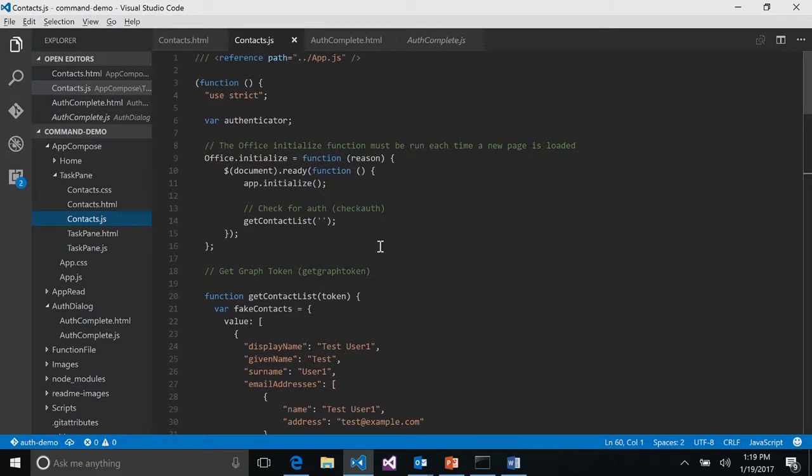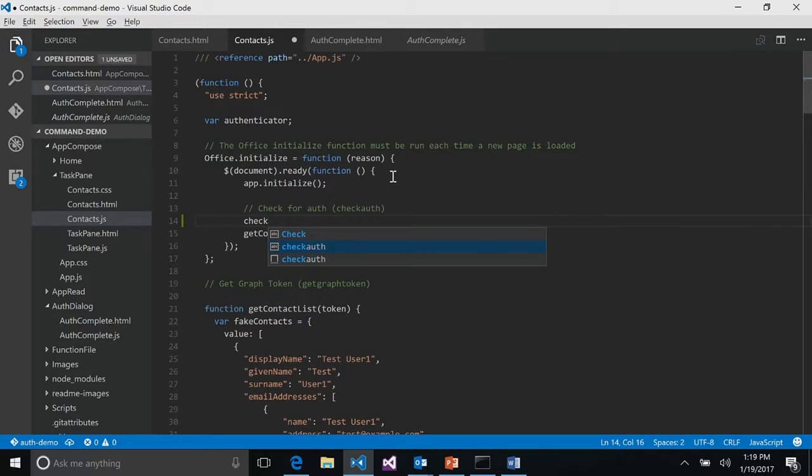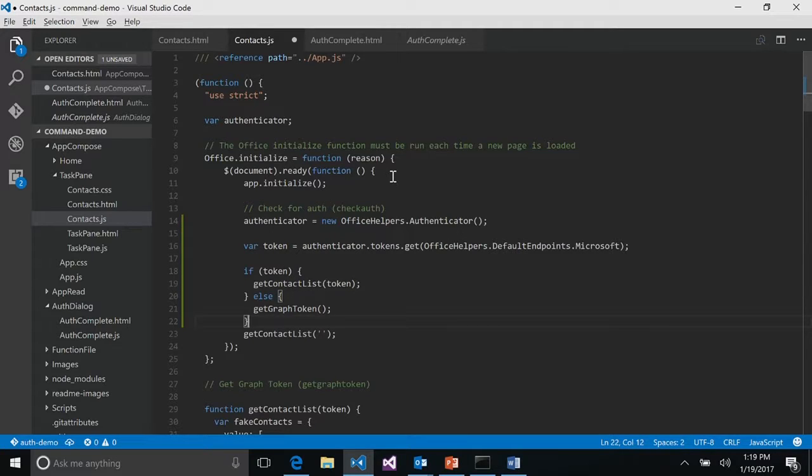Okay, so the first thing that I'm going to do here is add this code in the initialize. This is the authenticator that comes out of that Office Helpers library. I just create it, and then I can check to see if we already have a token, if the user's already logged in, just by pulling out of its token cache, this tokens.